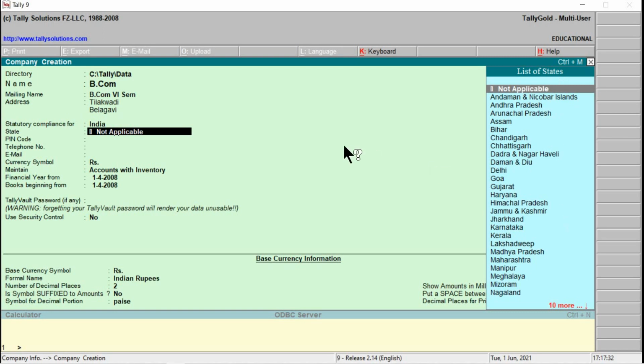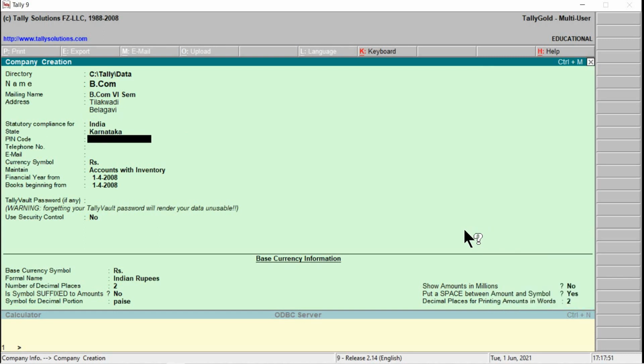But suppose we have to go for a particular state, just type the starting letter of that state. I just type here the letter K for Karnataka, right? And we can see it appears in bold. Use the down arrow key, then press enter.